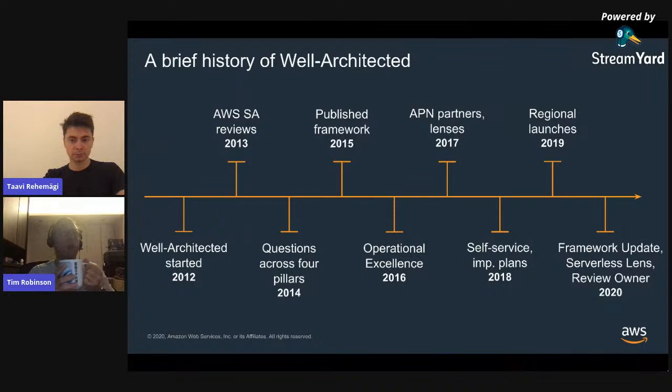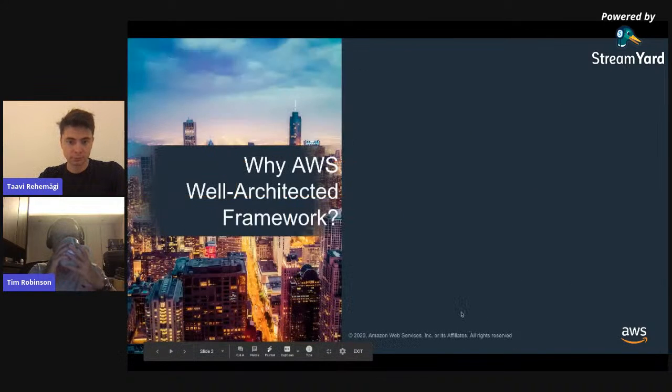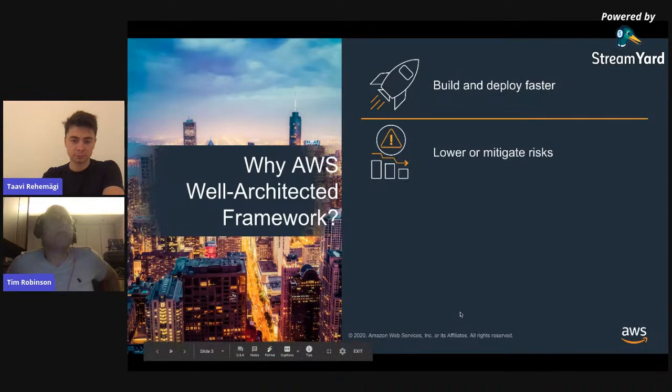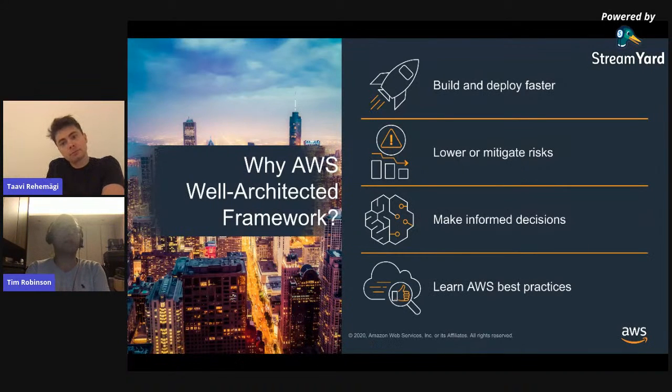So let's move on and talk about why we would really use the well-architected framework from a value perspective. If we build this slide out, perhaps the first point is that customers really want to build and deploy faster within their environments. What we see traditionally is customers start in this period of experimentation, and they're able to build quite quickly with our services. And gradually over time, their workloads tend to develop almost organically, and they add to them over a period of time.